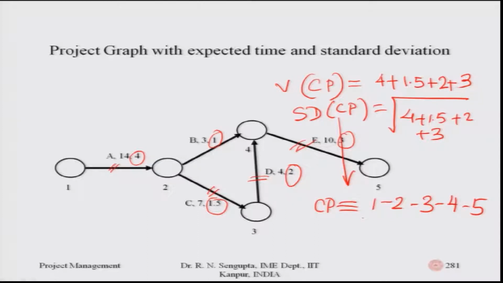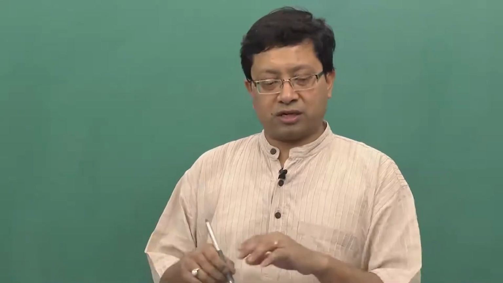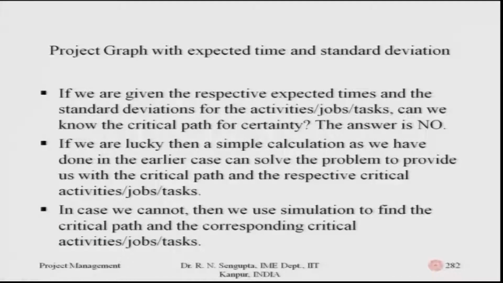Now, what is important to note, which I mentioned in the 280th slide, is that whatever the distribution is, when you want to find the overall completion or percentage of completion, we will use the central limit theorem. If you are given the respective expected time and the standard deviation for the activities or tasks, can we know the critical path for certainty? The answer is no. The reason being that